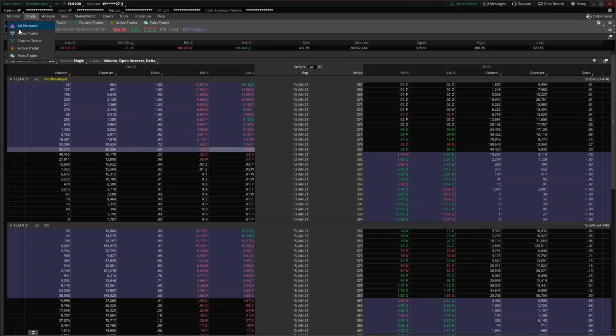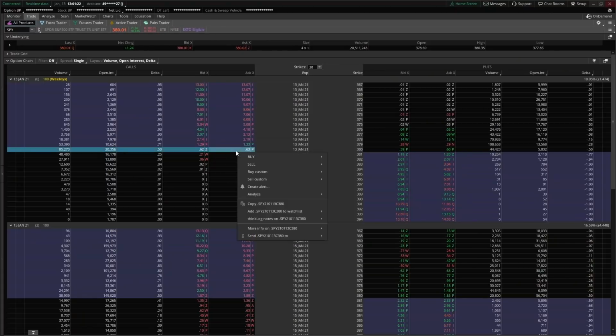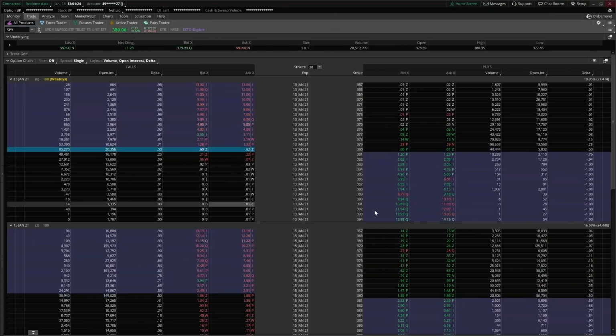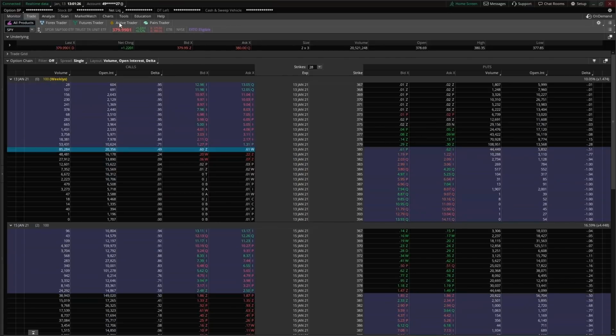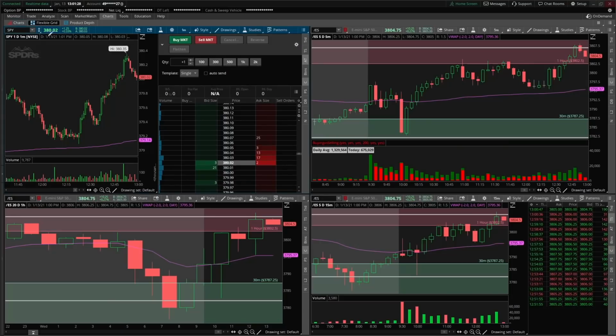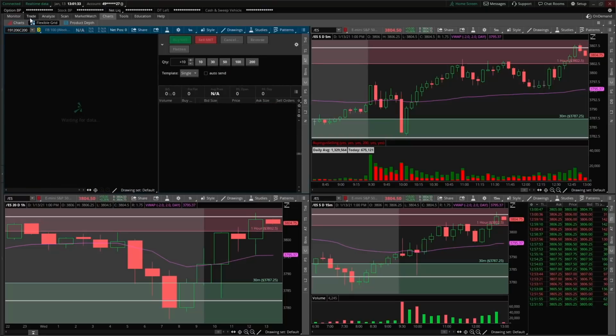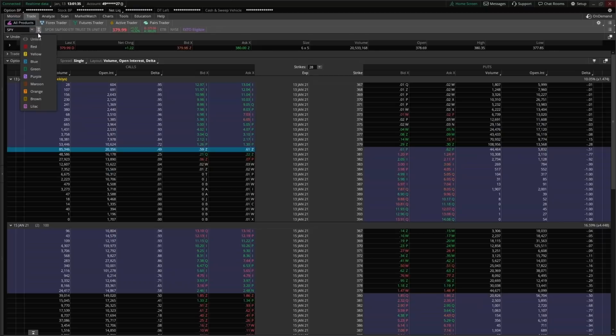Now, if I wanted to trade SPY contracts, if I pull up the 380 calls, all I have to do if you trade options is go to the option chain. You could do two things. You could link this chart, and let's just say I want to link it to number 2. All I have to do now is go here, link this to number 2. I type in SPY,